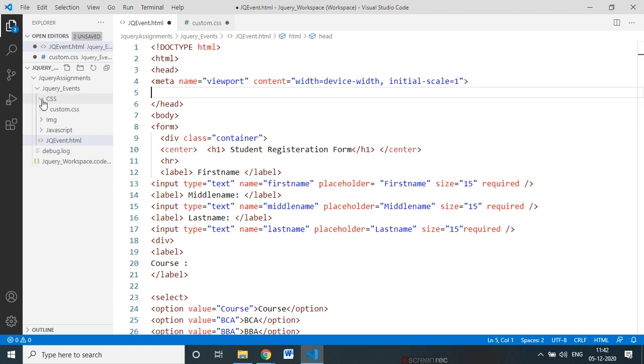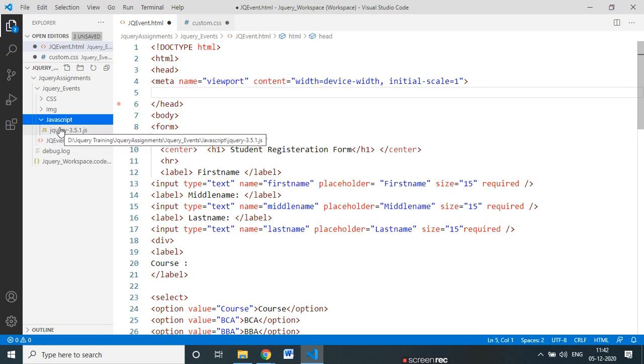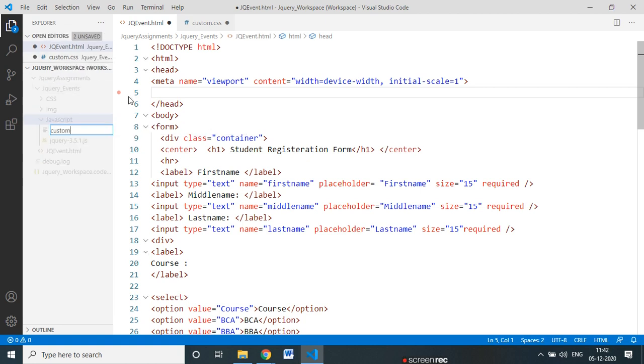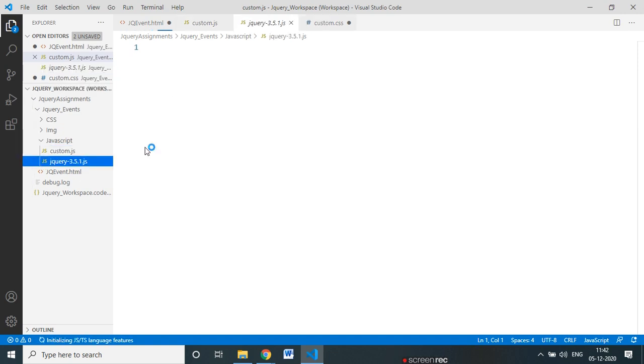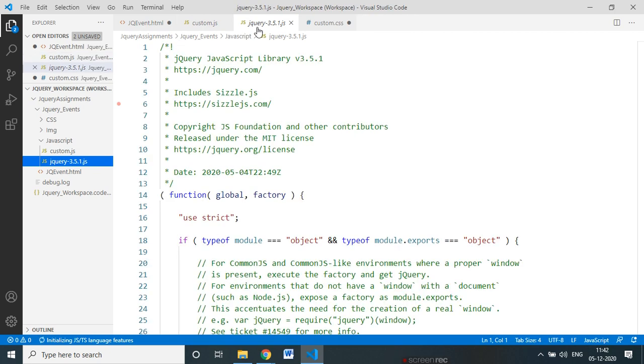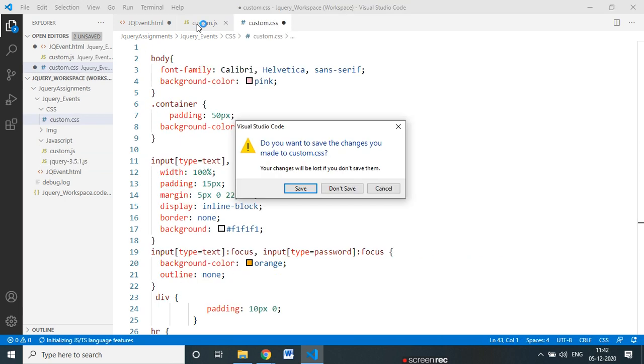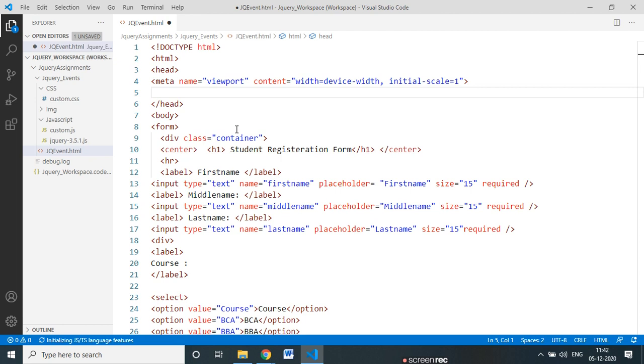Now, we are using jQuery, which means the jQuery library is already added here. After that, I want to add my custom jQuery on that page. So how can we add it? I click here again, new file, and say custom.js. I'll add my custom JS here. My jQuery will be added here, and this is my jQuery library, which is referred to in the HTML page. Okay, I close this tab, save, and go into the jQuery HTML. Now it's time to add the reference of the jQuery library.